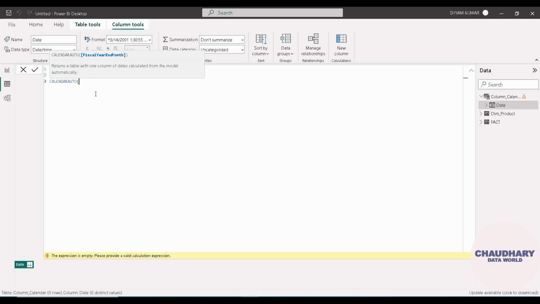This particular parameter, fiscal year end month, is an optional one. You can see that it is wrapped with the big braces, which means it is optional. If we are not providing anything, let's see first what happens. Clicking on OK,